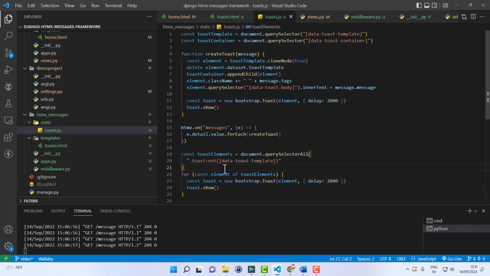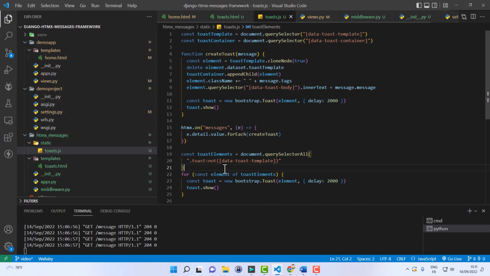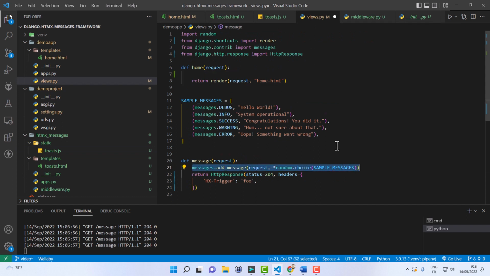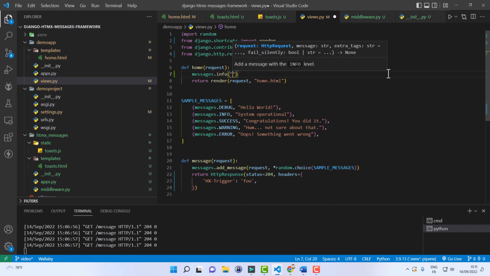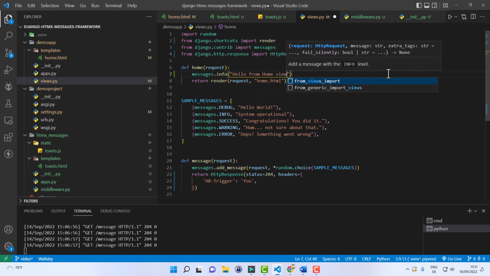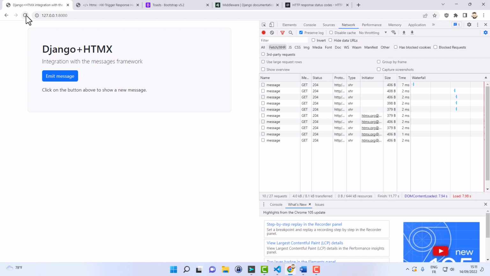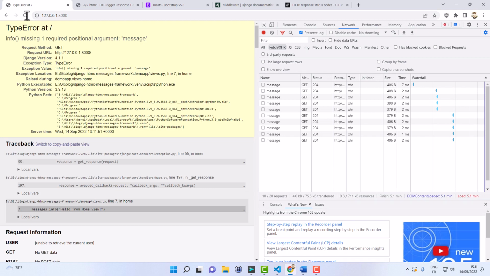Now let's try if that still works. We could use a message in the home view, for example, and message here, well, let's use success or info. Hello from home view, like this, and refreshing the page should show this message.